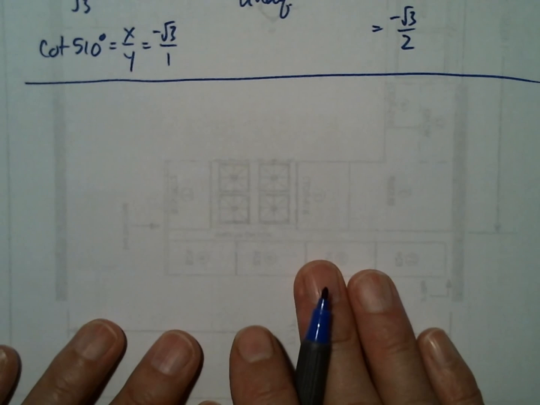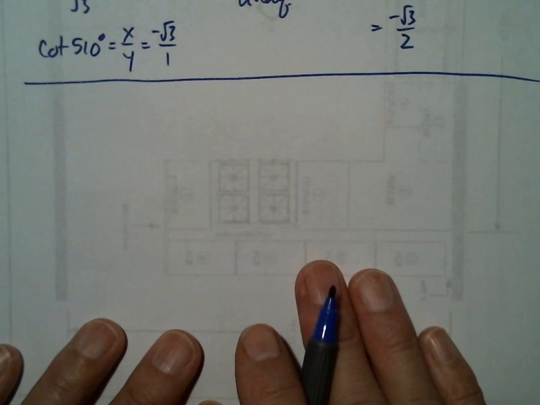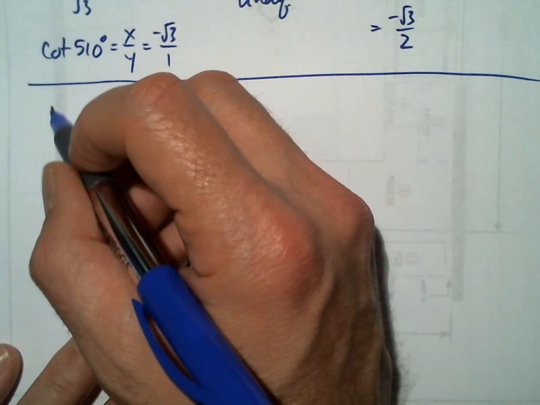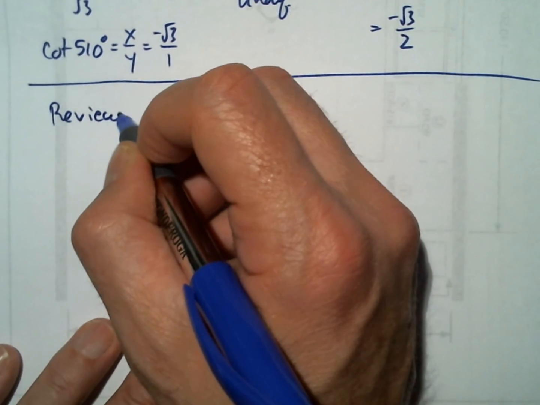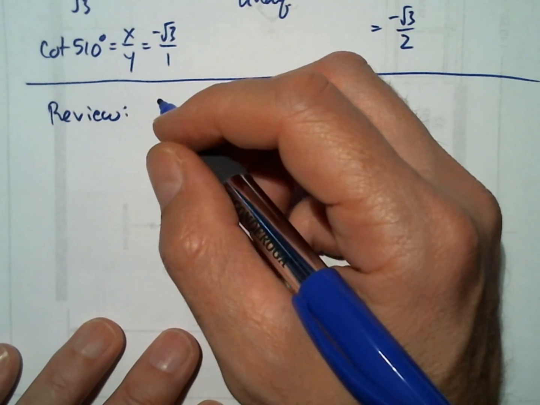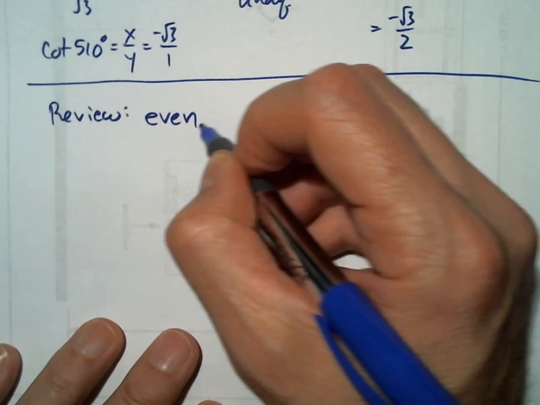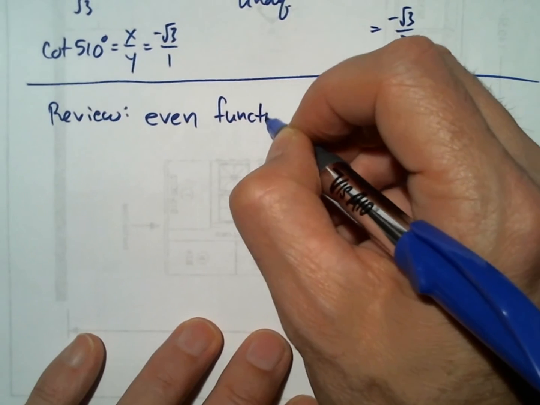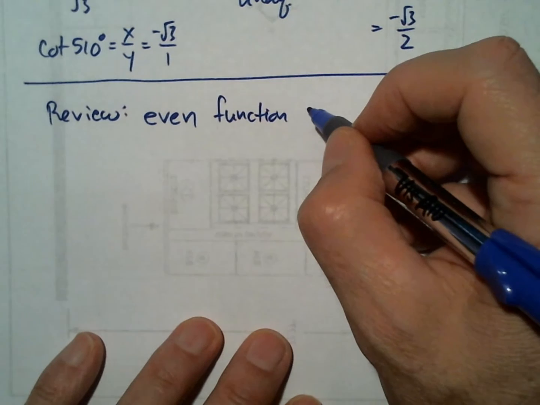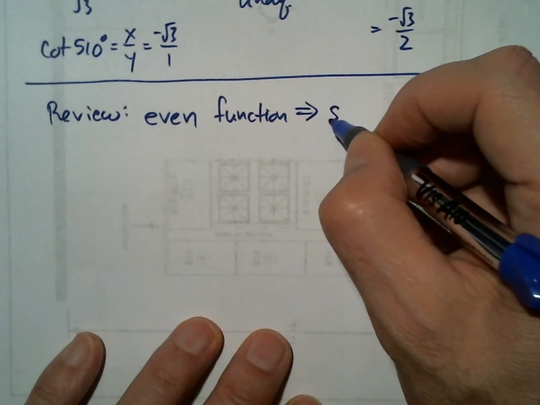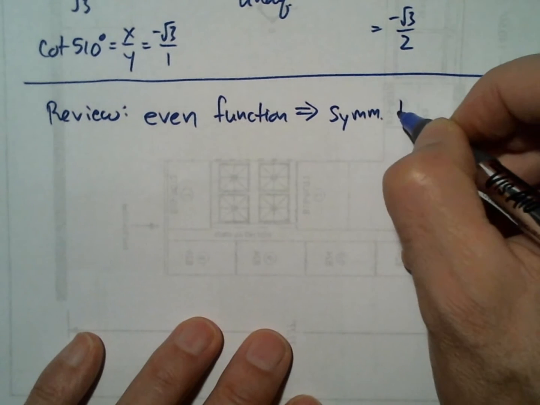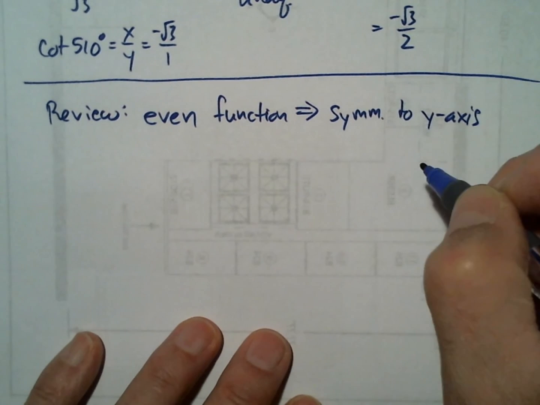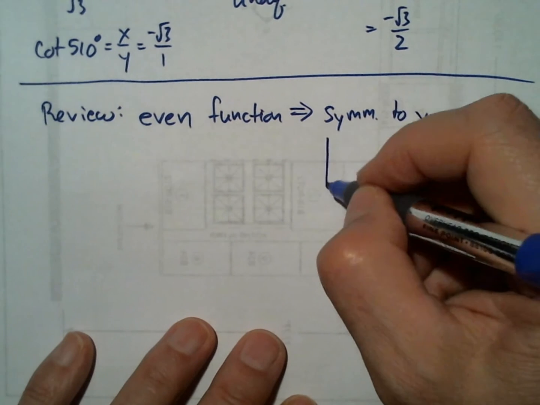Now we talk about even and odd functions with trigonometry. We talked about this in chapter 1. An even function has symmetry to the y-axis. If it has symmetry to the y-axis,